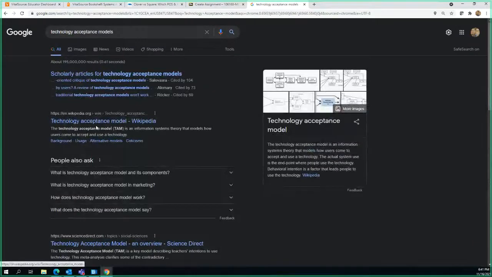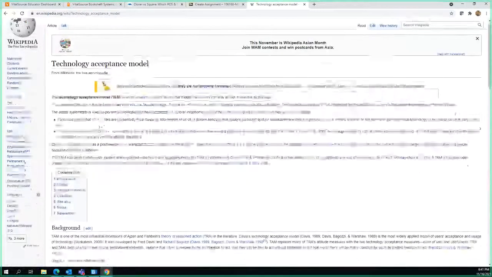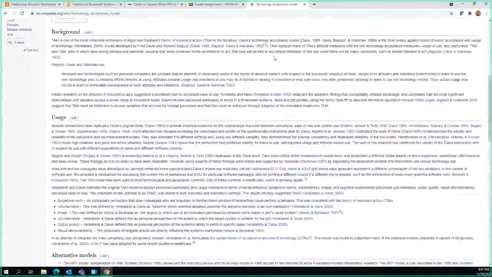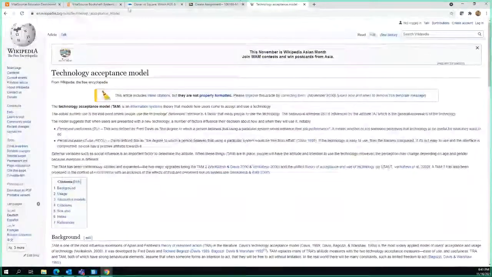Technology acceptance model, though, is going to be really easy to look up on Wikipedia. Okay, and this gives you a really straightforward point of view of it. And then the hard one to find usually is the power, performance, and perception. And that's not a real long article. So if I can find it, I'll throw that one out there. If I can find all three of them, I'll put them out there. I know I have them. So I'll put them out there because I think it would be helpful for you guys.